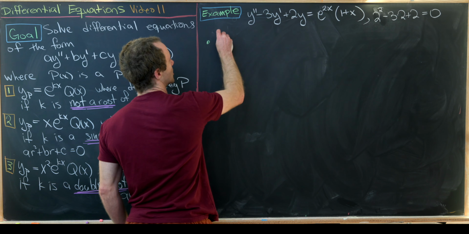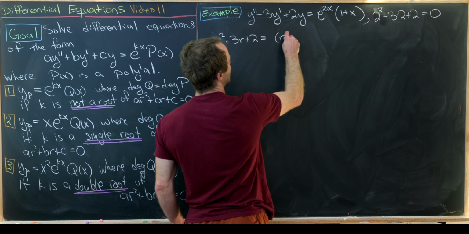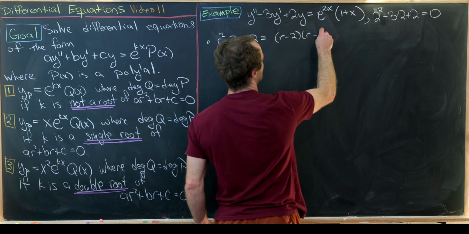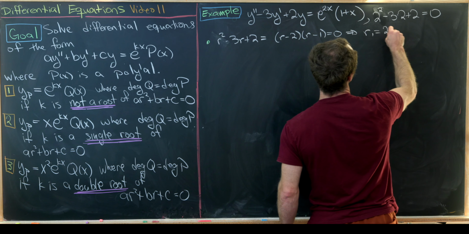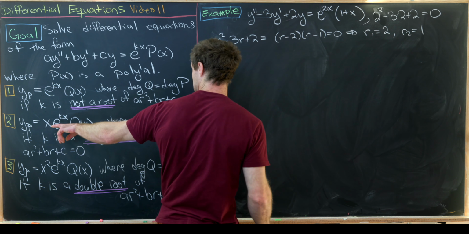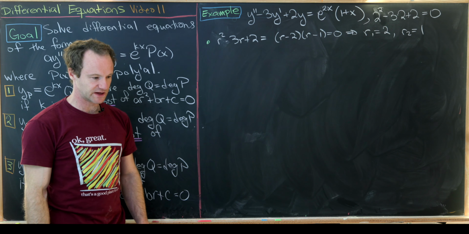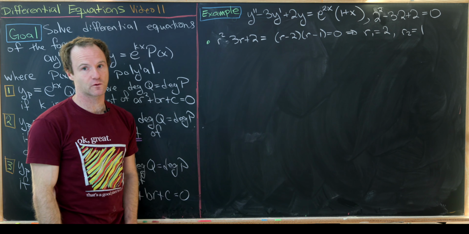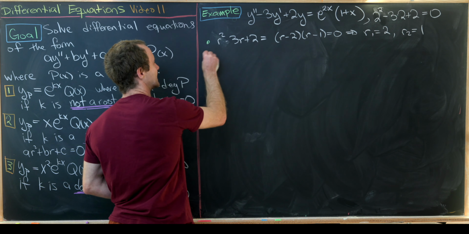So we're going to look at r squared minus 3r plus 2. Notice that factors as r minus 2 times r minus 1. If we set that equal to 0, we get roots r1, which is 2, and r2, which is 1. So in this case, it's a single root. From the fact that it's a single root, we get a guess for our solution for our particular part. So that guess,